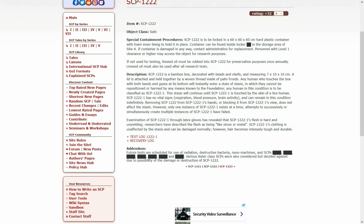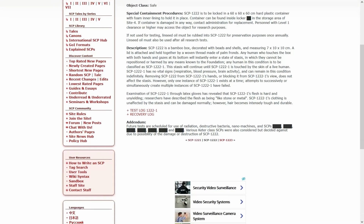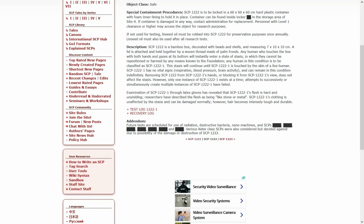If not used for testing, linseed oil must be rubbed onto 1222 for preservation purposes once annually. Linseed oil must also be used after all research tests. Description: SCP-1222 is a bamboo box, decorated with beads and shells and measuring 7 by 10 by 10 centimeters. A lid is attached and held together by a woven thread made of palm fronds. Any human who touches the box with both hands and gazes at its bottom will instantly enter a state of stasis, in which they cannot be repositioned or harmed by any means known to the Foundation. Any human in this condition is to be classified as